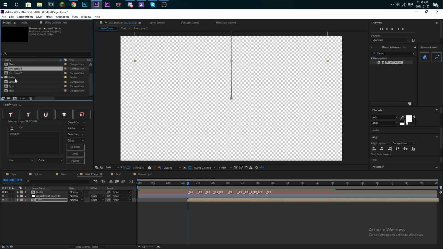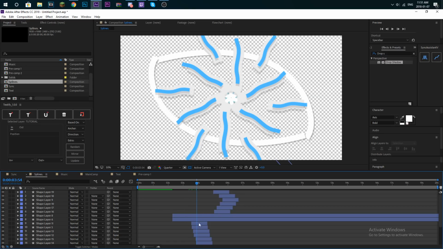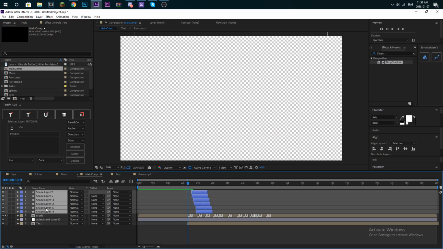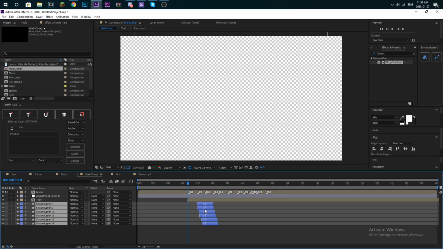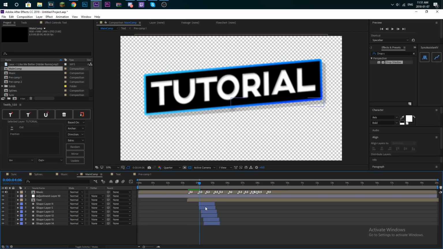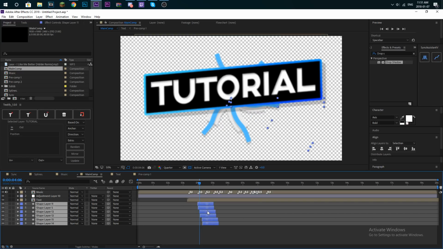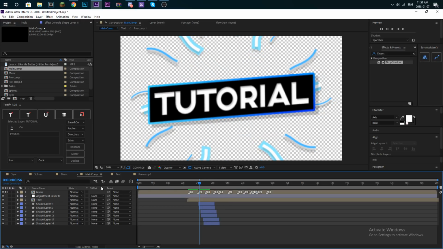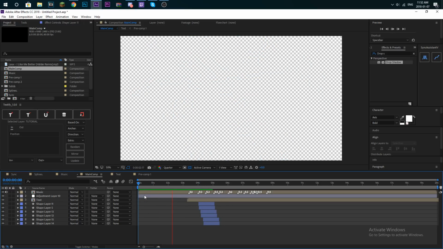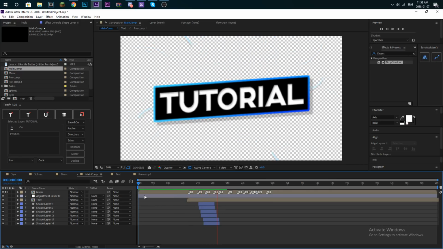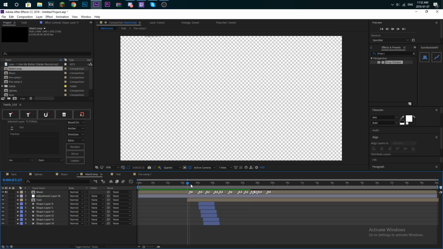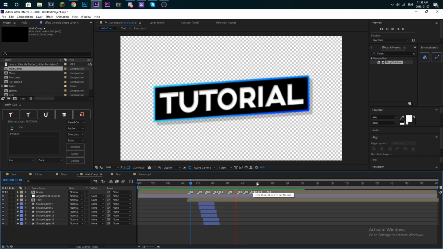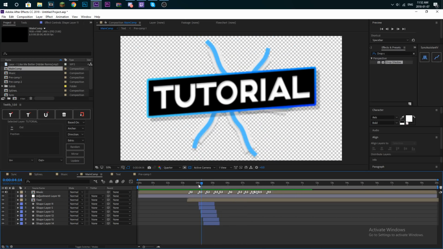So now I'm gonna go into my splines and play through. So this is all of those wiggly lines. Control C, go into my main comp, and just Control V. And so now that we have those lines,